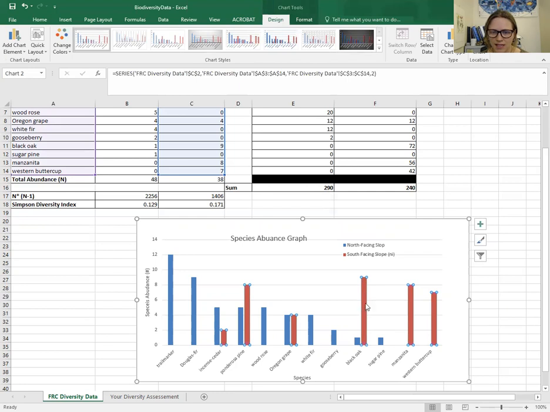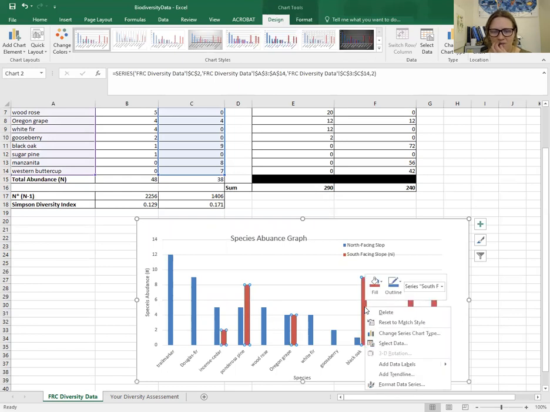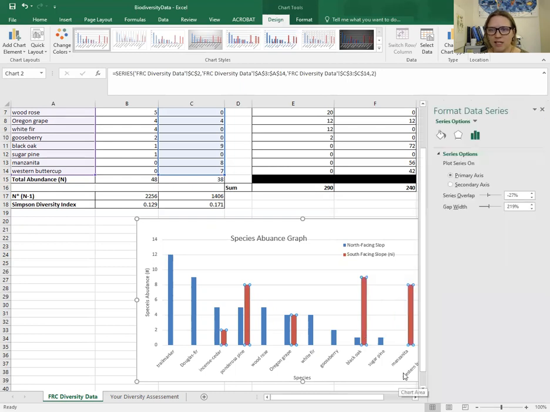So you can see I clicked on this bar here and then all these red columns are highlighted. So now I'm going to click on that again and I'm going to come down here to where it says format data series. And once I do that, I'm going to click on this little paint bucket here, which is the symbol for what am I going to fill this in with? And I'm going to say my fill. Right now, it's just automatically choosing red for me,